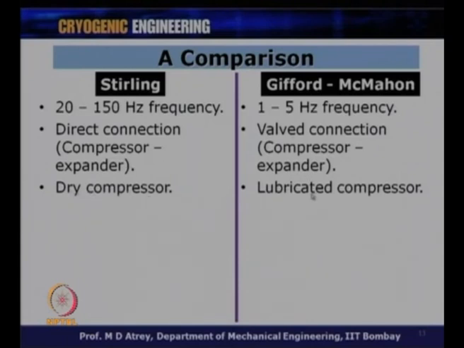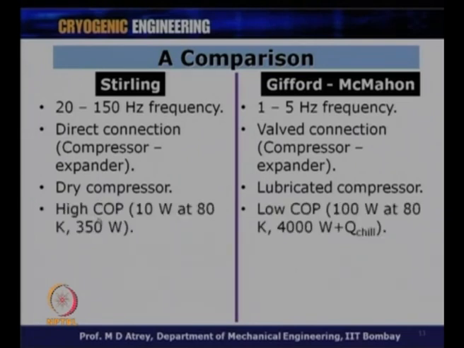In a Gifford-McMahon cryocooler, you have a lubricated compressor, so there will be oil, and one has to take care of this oil. One has to separate this oil from the compressed gas. This oil should not go to the expander, otherwise the oil will get frozen. So, you have a kind of filtering mechanism in a helium compressor that is normally used in a GM